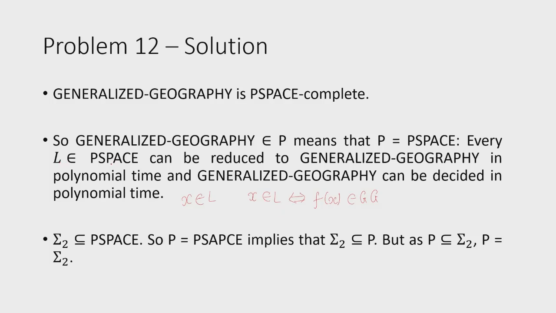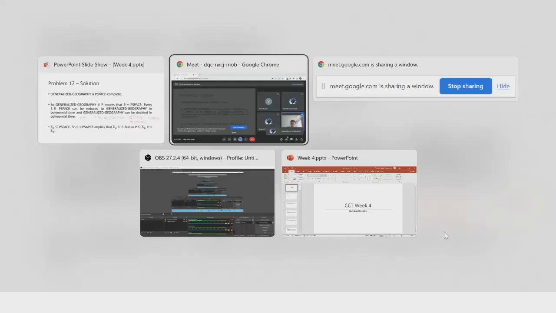So every L in PSPACE can be solved in polynomial time, and therefore PSPACE is contained in P. So this gives us this. But we already know that P is, oh yeah, wait, no, this gives us this, but we already know that P is contained in PSPACE. So both of these together give us that P equals PSPACE. Now what do we know? We know that Sigma 2 is in PSPACE. So P equals PSPACE implies that Sigma 2 is in P, but